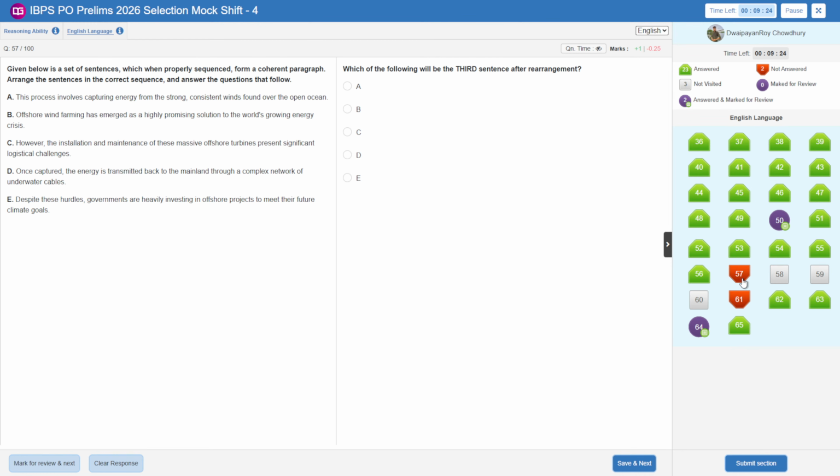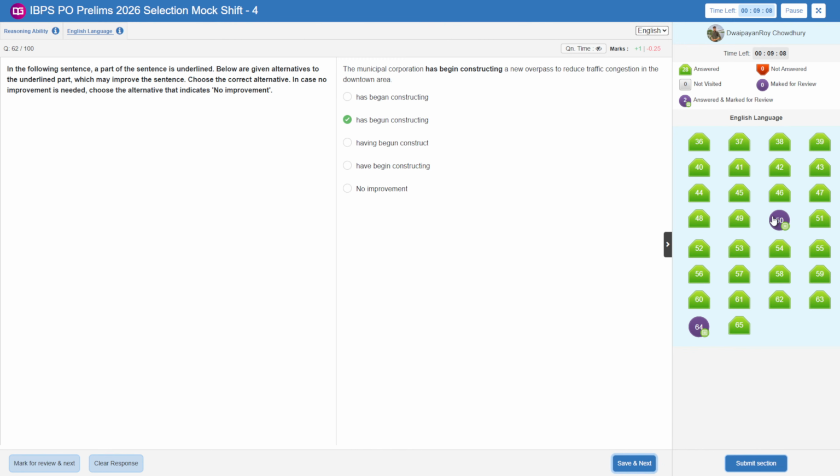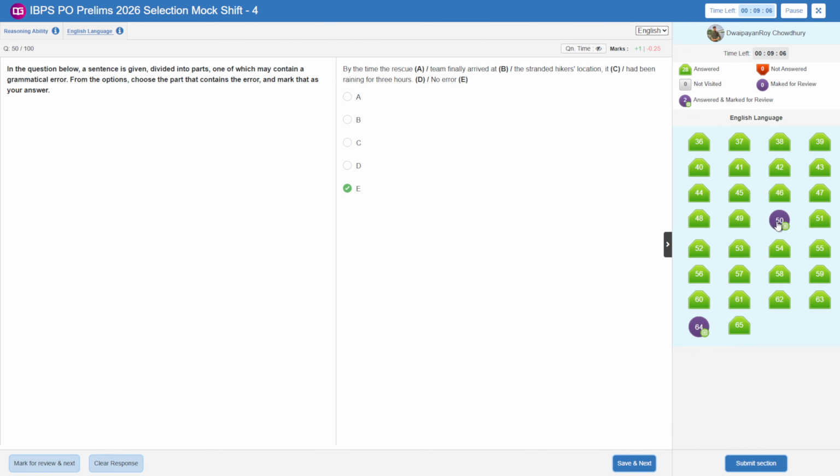This kind of RC are very nice. Then third, fifth E, second A, and first B, fourth C. So now, by the time the rescue team finally arrived at the standard hikers location, so